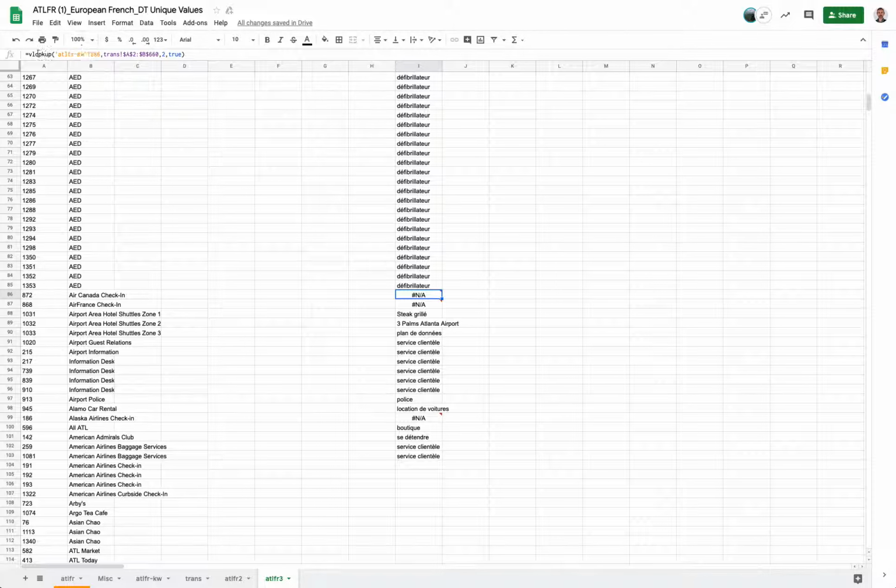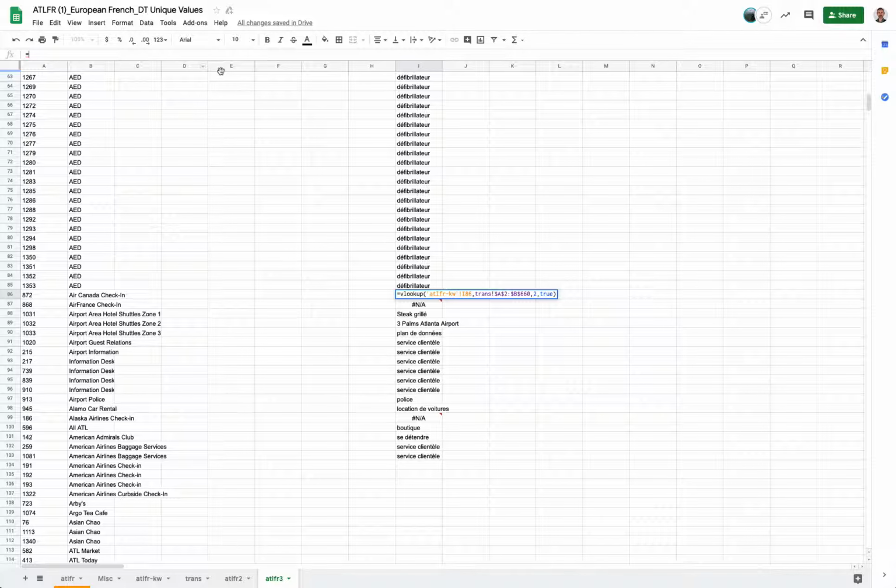So what we do is the following. We're going to say, if the value is NA, then just put a blank. If it's not NA, then use this value. Okay, so I'm highlighting this, and then I'm doing Control X, so I can copy that, because I'm going to